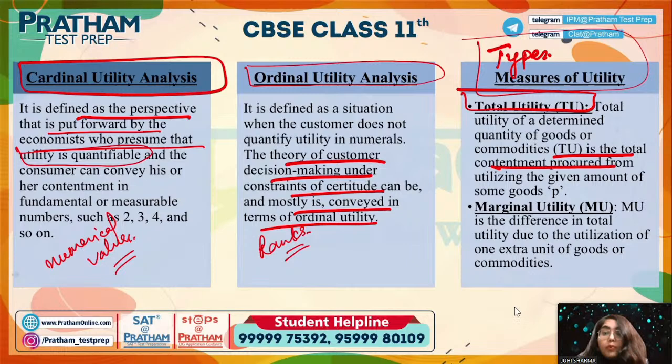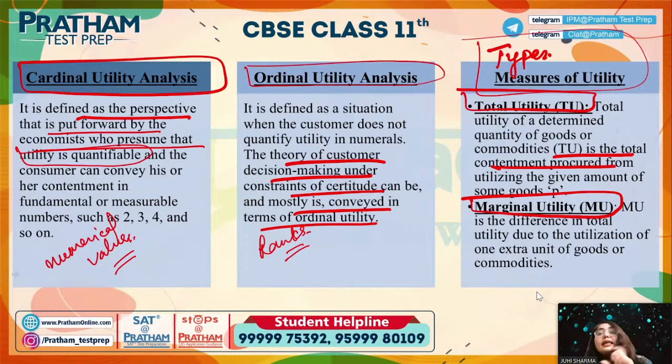But on the other hand we have marginal utility too. And what is marginal utility? Marginal utility is basically the difference in the total utility due to one extra unit which we consume. Let me give you an example. Let's say that by eating 3 oranges, I achieve the total utility. I am fully satisfied by having 3 oranges. But if somebody asks me, have one more orange, will it increase my total utility? No,